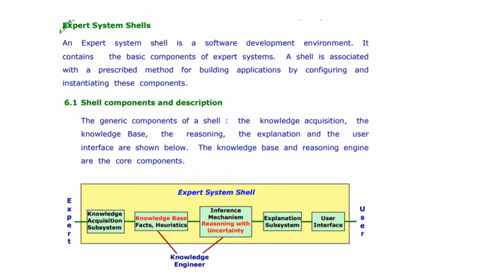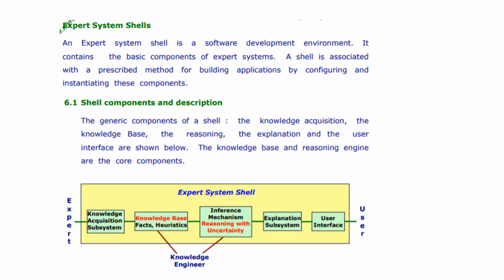Now coming to the last topic, that is the expert system shell. Now expert system shell is basically a software development environment. Okay, अब कोई भी expert system बनाने के लिए we need the basic components. अब जो शेल है that is associated with the prescribed method for building applications by configuring and initiating these components. जो एक्सपर्ट सिस्टम शेल है वो आपको जो बेसिक कंपोनेंट्स चाहिए एक्सपर्ट सिस्टम में वो आपको एक ऐसा एनवायरनमेंट प्रोवाइड करता है कि आप एक एक्सपर्ट सिस्टम को बना सको।